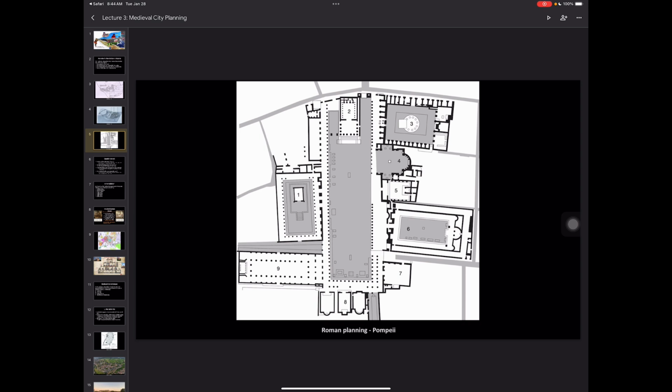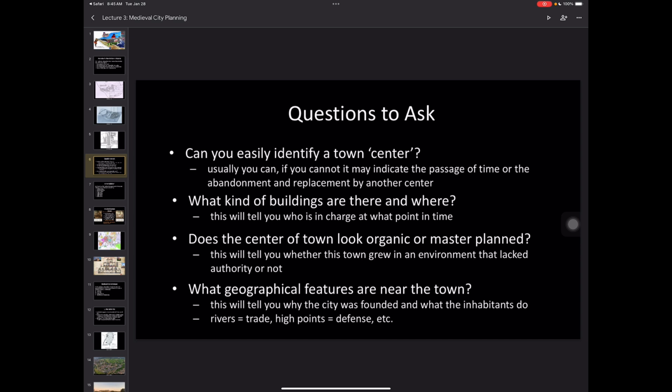And if you know that, we already know that the Romans had a very strict law code that they enforced in every single city. And that almost every single city looked exactly like this, right? It did have its basilica, it had its curia or bouleuterion, it had several temples, marketplaces, all of it was found in the center, so that no matter where you went in the Roman Empire, all of them looked very similar, right? So this is how you can begin to apply your context clues from last semester onto this semester, and as we go through the lecture and actually begin medieval planning, you'll see what I mean.